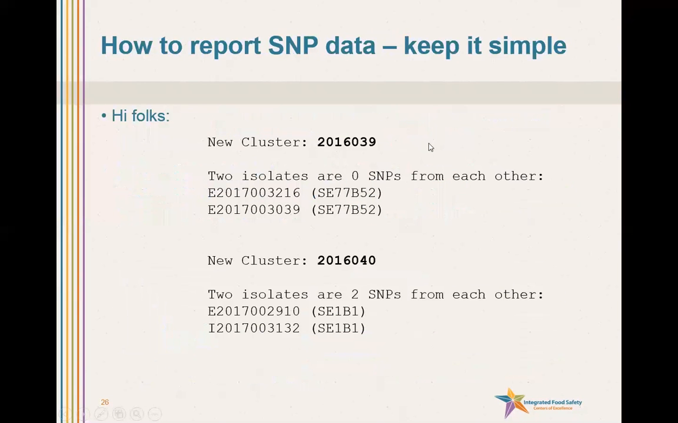How do you report SNP data? And these are some examples that we got from some of our discussions with our colleagues in Minnesota. Sometimes, despite all the complexity of the analysis, it's actually fairly simple to communicate results. For example, if you have a high-quality SNP pipeline, a simple email could go out to a set of epidemiologists or whoever we report this to, saying we've just recently had 2 isolates that are 0 SNPs from each other, basically identical. They represent a putative new cluster, and here are the isolate names. Or we can say we got a new cluster, we have 2 isolates that are 2 SNPs from each other,